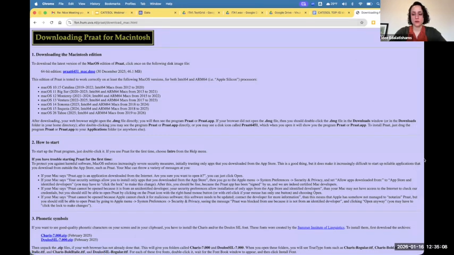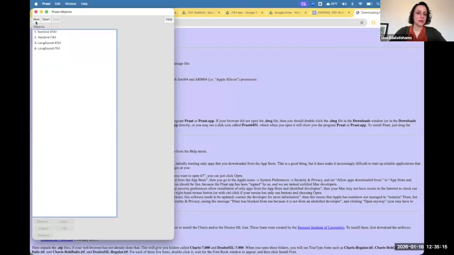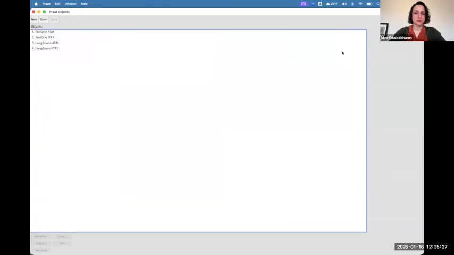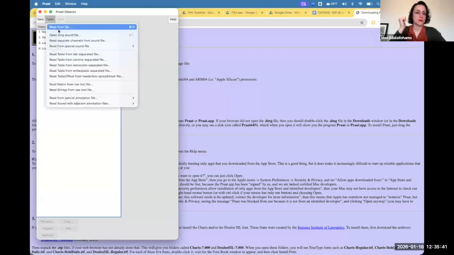And once you open the software, I'll close this one for now. It opens another window that you can close. It's the picture window. You don't really need that. And then this is called the object window. The Praat objects window includes, you don't really have to full screen it, but it includes a blank white section here. Then you have to click on open and read from file